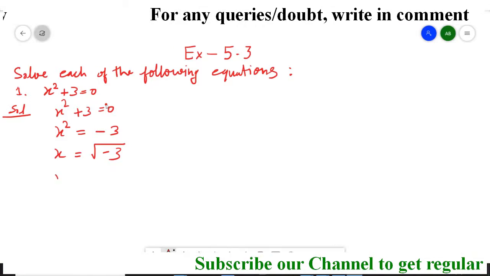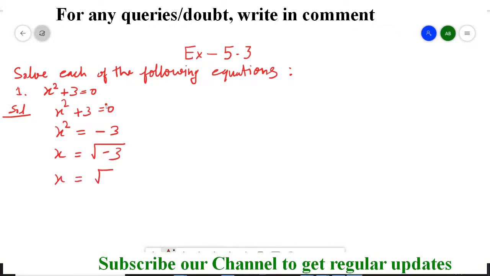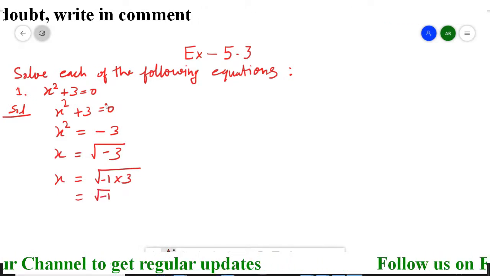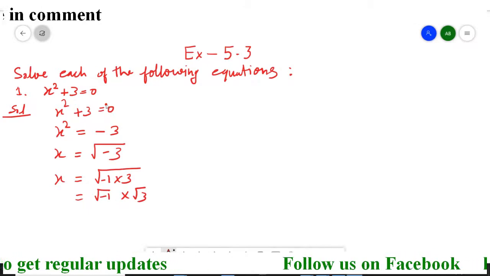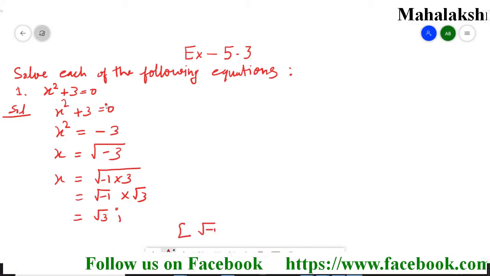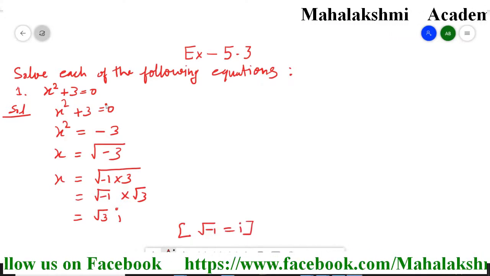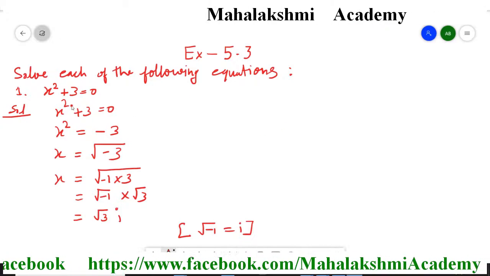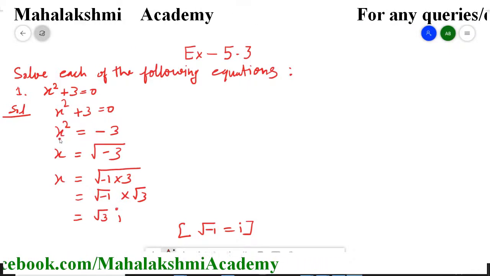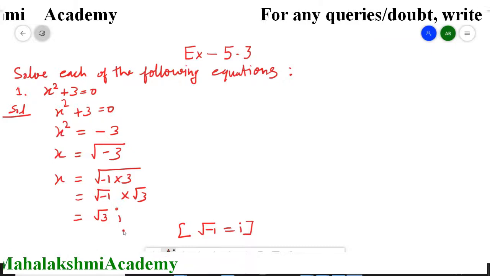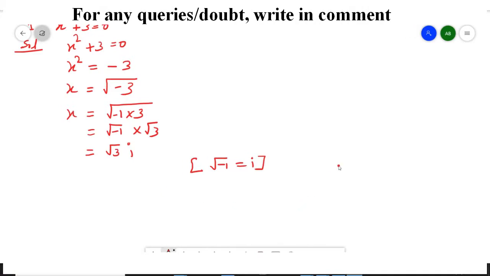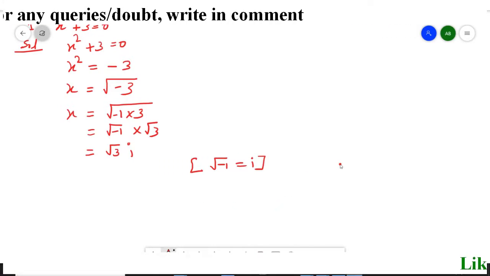So this we can write as x is equal to square root of minus 1 multiplied by 3, and we can split it as minus 1 multiplied by root 3, and it is then root 3 iota, as we know that square root of minus 1 is named iota, the imaginary number. So this is completed. We solved this question without a discriminant because we had only two terms. We wanted x, so we directly shifted and took the square root, and like this we obtain our answer. Now we will take some other question so that we can understand the exercise properly.